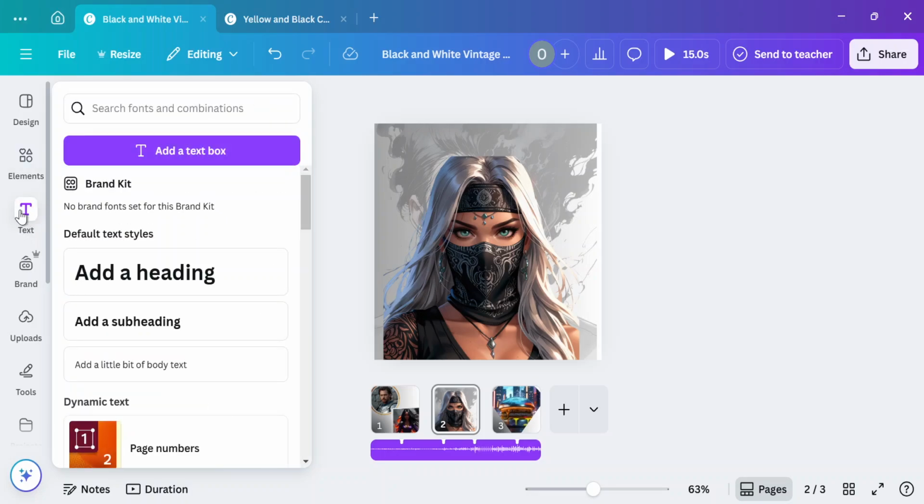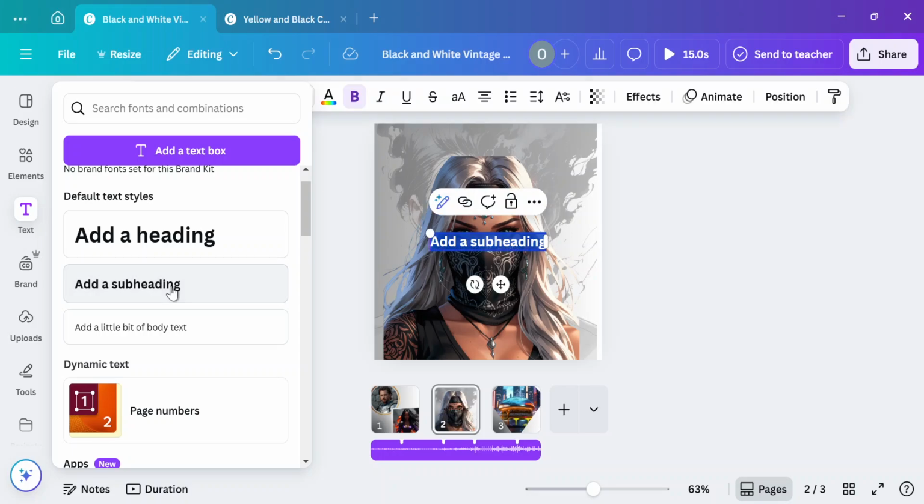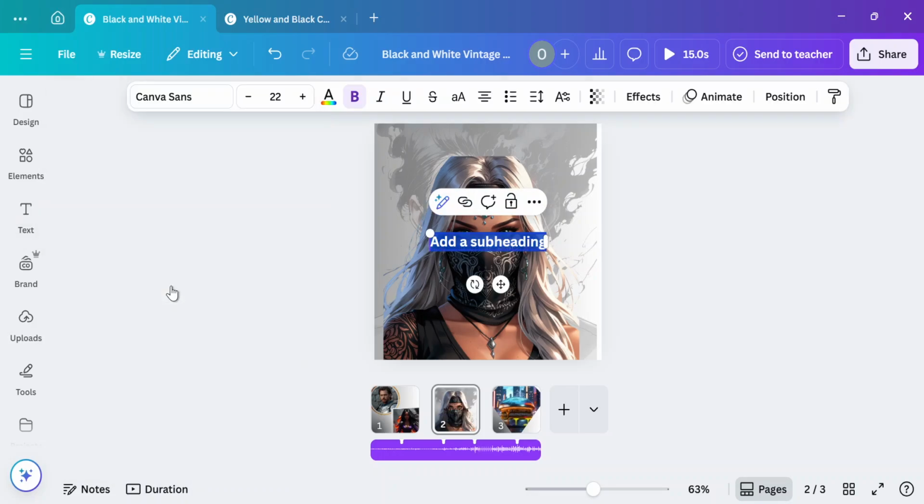By the way, I'm using the laptop app version, so if you're using the phone version, it may be rearranged, but just find the T text icon and click on it. You can now proceed to add a heading, a subheading, or a little bit of body if you want to write a lengthy piece. So you can go ahead to write heading, and then I can give the lady a name, Nezera,